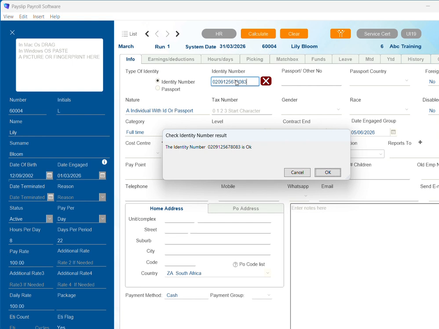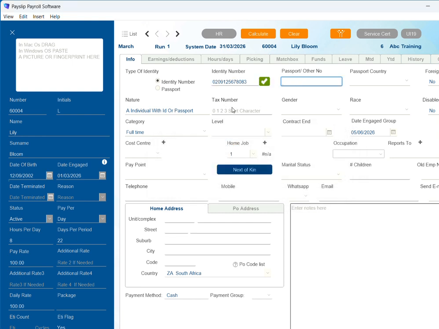As soon as you press enter, it will give you a message that will check the ID number. If it's incorrect, it will give you a warning that it's incorrect. The same with the tax number. Now we move down with all the other screens, complete all the relevant information as well as your address details.